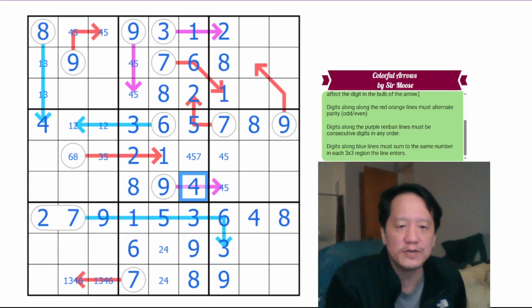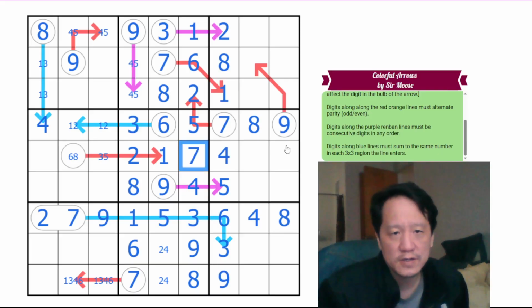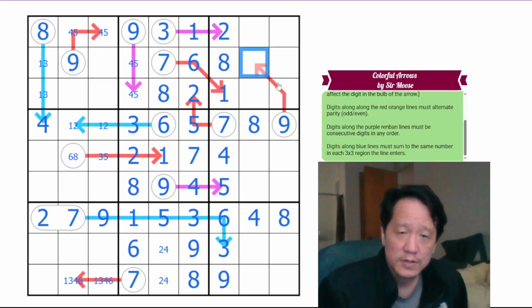5 eliminates 5 here, so it's 4 and 5. 5 eliminates 5 here, so it's 4. This can't be 4 or 5, it's 7. Okay. So to add up to 9 here, you don't have 1 or 2 available, so therefore it's 3, 6,